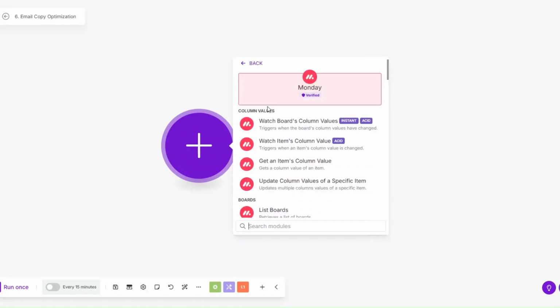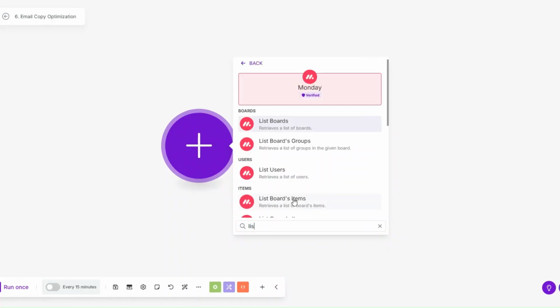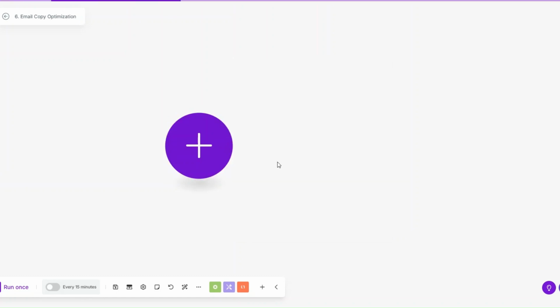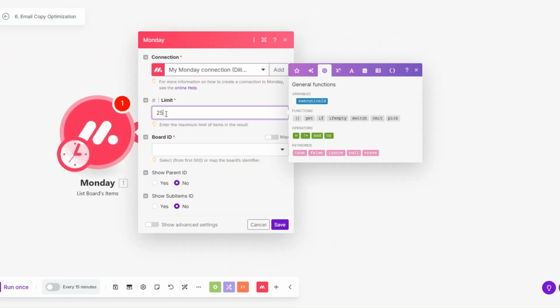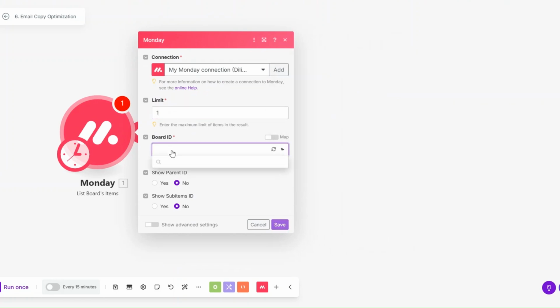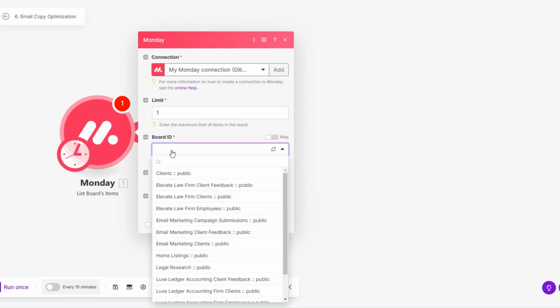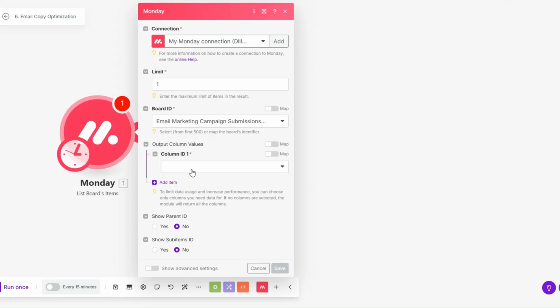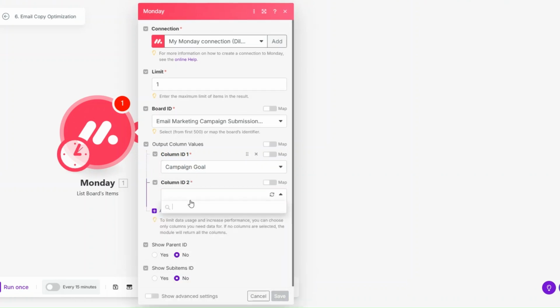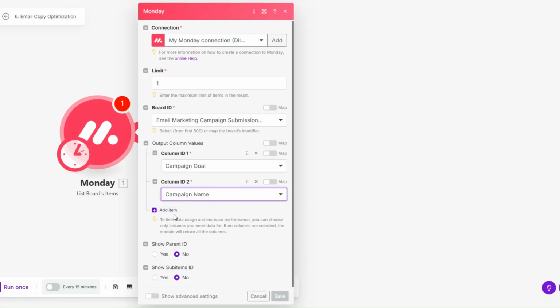I'm going to search for Monday, and here I'm going to search for list, boards, items, module. Here I'm going to choose my connection. Here we can limit it to 1. And then here for the board ID, I'm going to choose our email marketing campaign submission board. And then here we're going to choose the columns I would like to output. So the first thing we're going to output is the campaign goal. We're also going to output the campaign name,